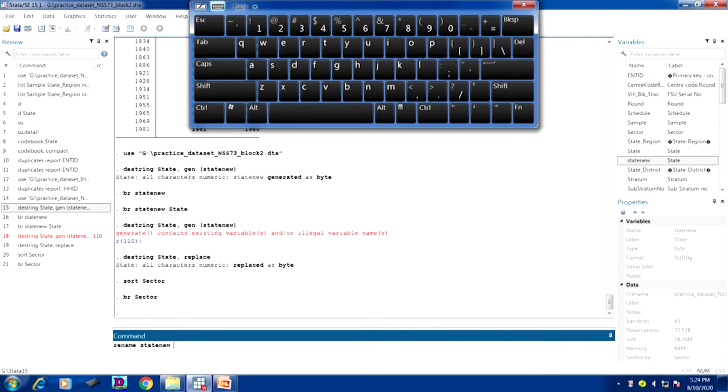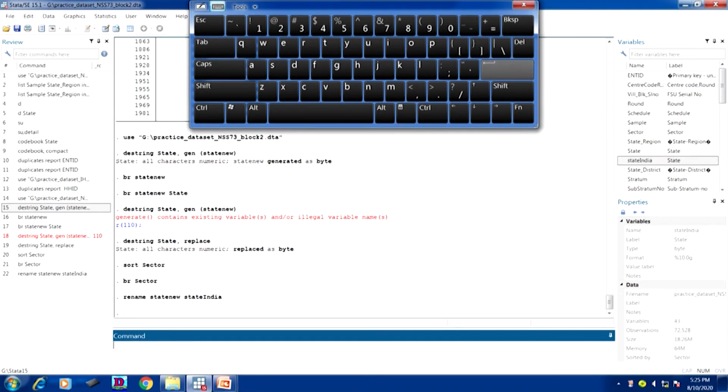Now, two approaches as I told you, camel view. So, India will be capitalized like this, and if you enter it, it will be renamed like this.